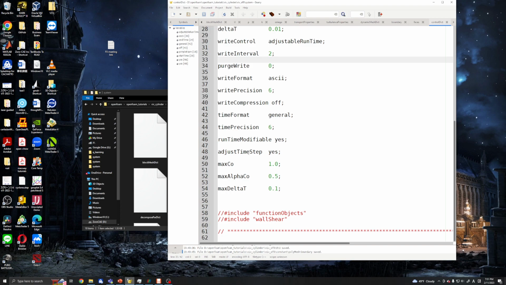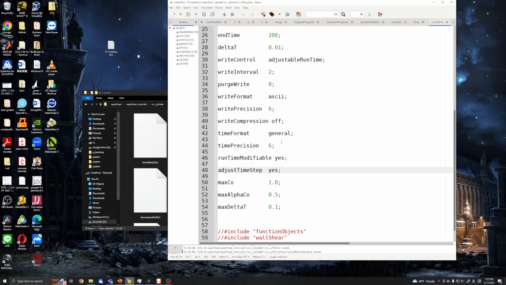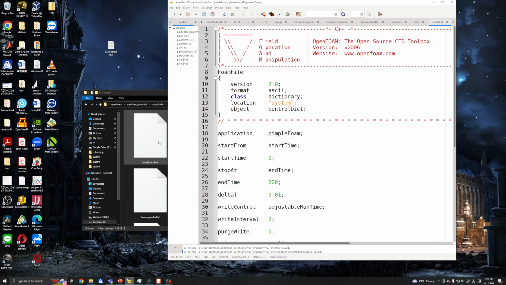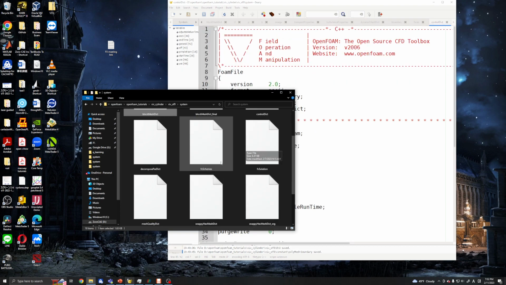even adjust whether we want to use fixed time step or not. If we put this adjustTimeStep to no, it will run with constant time step. And for adjustable time step, we can set the Courant number, okay, and deltaT. Well, okay, and